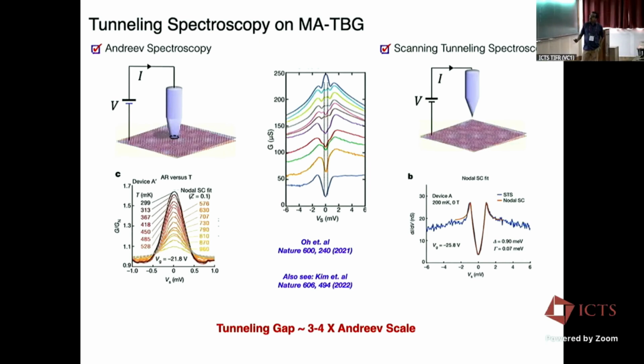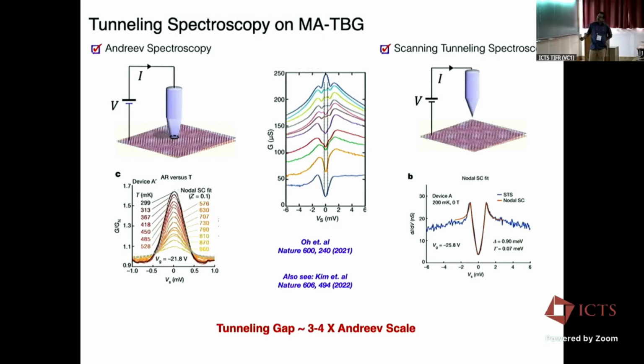And you can figure out the superconducting scale by essentially looking at where the peak is occurring. And out of that, you will get a scale which will give you about 0.9 millielectron volt. I mean, you can change temperature, the answers would change. This is at a particular temperature, at a particular doping.